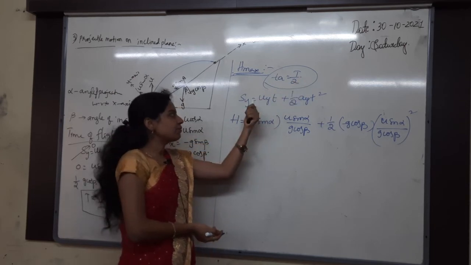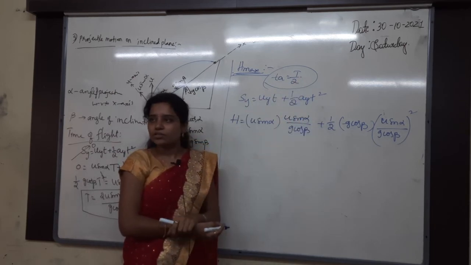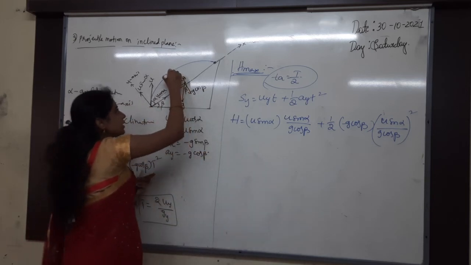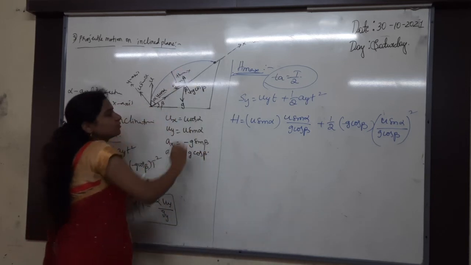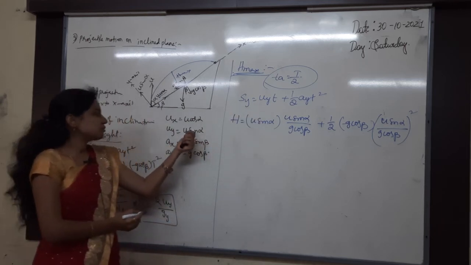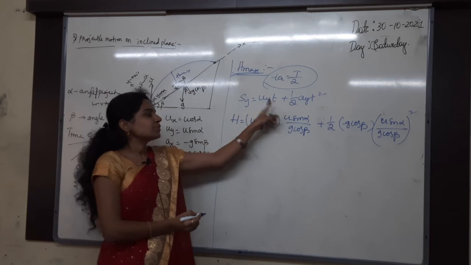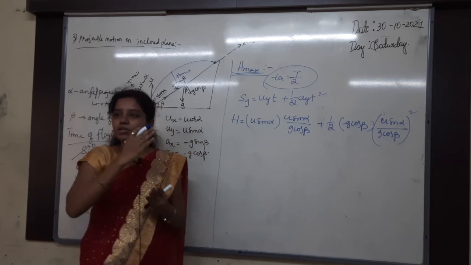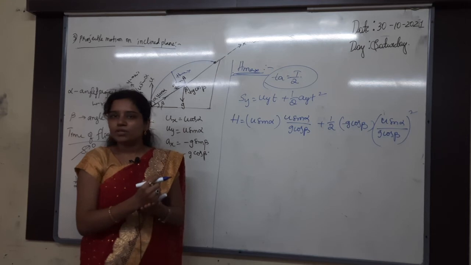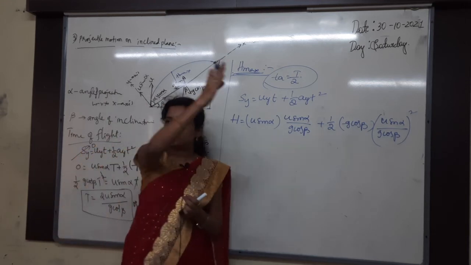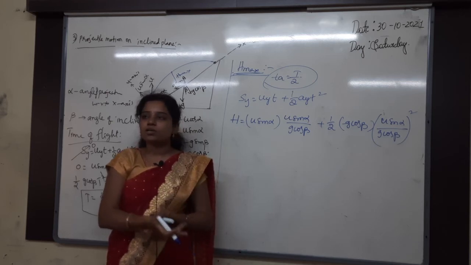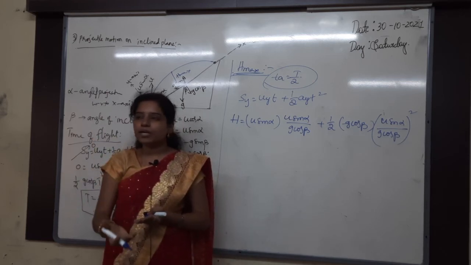Again I will take the formula S is equal to ut plus half at square. S along the y-axis, we are taking that as the maximum height only, H maximum. So H is equal to uy, which means u sin alpha. How much time is it taking to reach the maximum height? Half of the time of flight only, no? To reach from the ground to maximum height, what is the time taken? Time of ascent. Time of ascent is equal to total time of flight by 2 only.